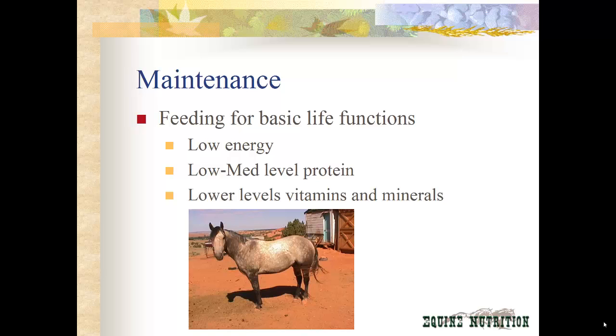He doesn't need as many vitamins because he's not having to worry about the metabolism of fats and carbohydrates and proteins as much as the performance horse or the growing horse. So he just needs enough to maintain his body weight at this time. Now, a maintenance horse, of course, ideal body weight is a 5 to a 6. However, keeping a horse at a 4 is okay. If you get any higher on the body condition score, a 7, you are putting undue stress on the joints and the skeleton, and of course the connective tissue of the body. So you want to keep your horse in good body condition score, whether he is a performance horse, growing horse,